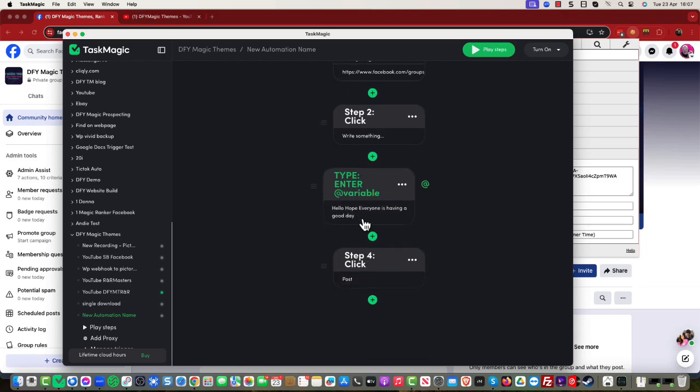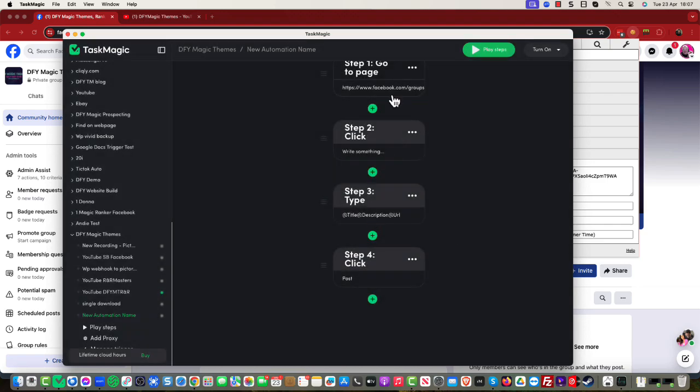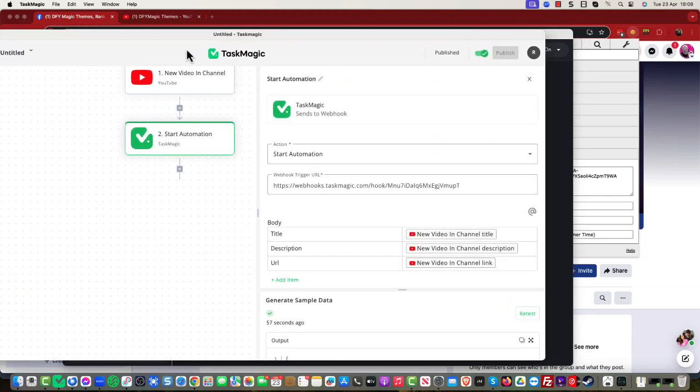So where it comes down to entering the text, we're now going to hit this and hit edit. And we're going to clear out "hope everyone's had a good day." Click the @. We're going to go title, description, URL. And they're all in there. Click save. So what's going to happen now is when I upload a video to YouTube, this is going to